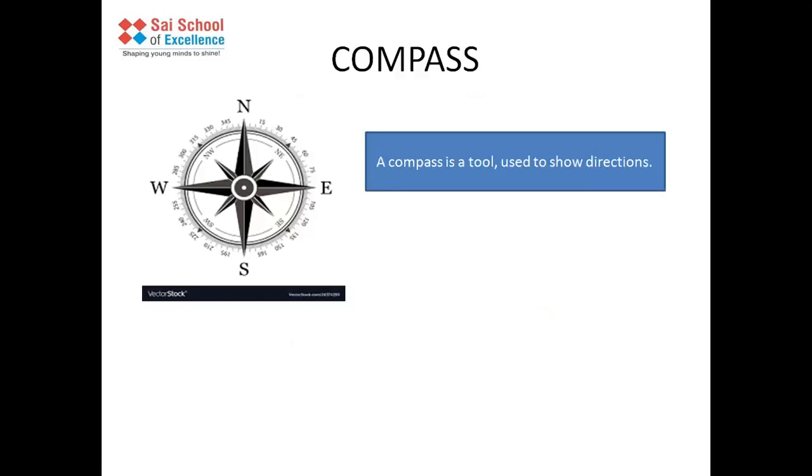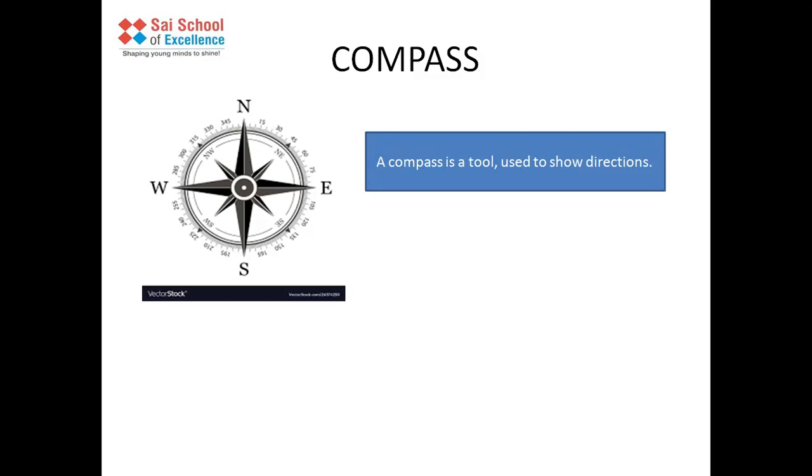A device which is used by the sailors to find the direction in which their ship is moving has a magnetic needle. So we are talking about a device used by sailors called a compass. Sailor means a person who sails a boat. A compass contains a magnetic needle that indicates the north direction. And once you know where the north direction is, you can easily recognize where the rest of the directions are, right? So a compass is used to find directions.